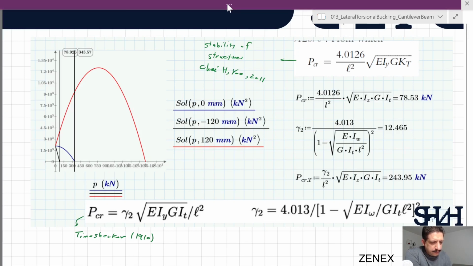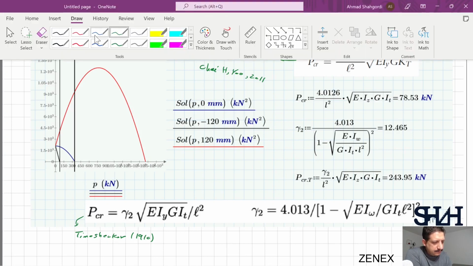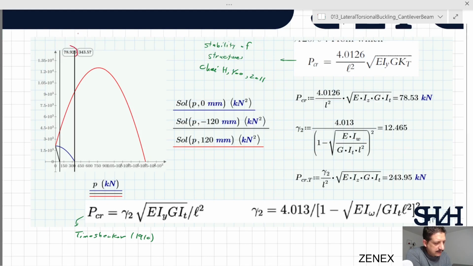And here is our approximation, 78.925. So in this Shahgordi 2011 book, it is written that the load is in the center, but